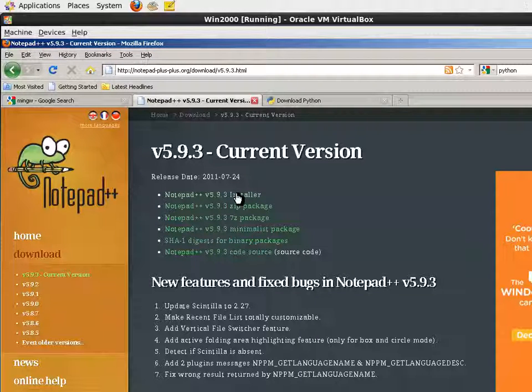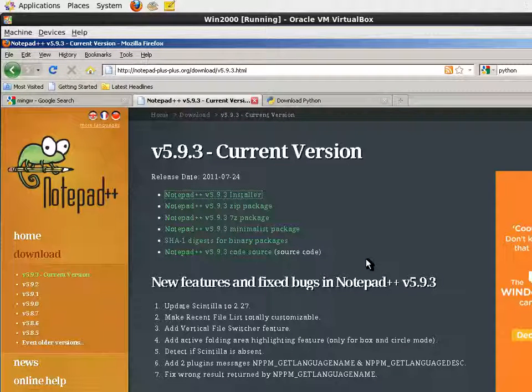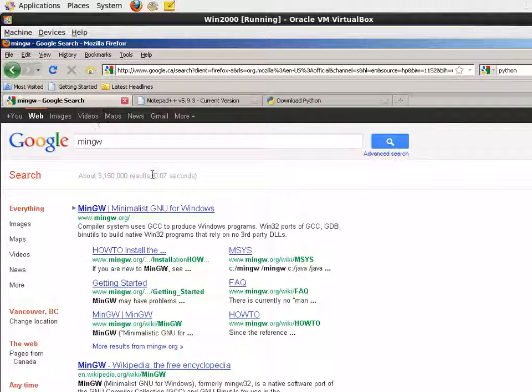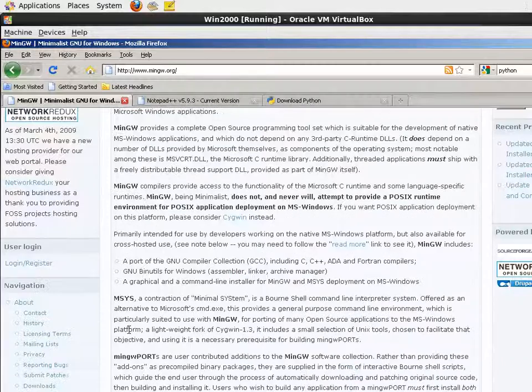Notepad++ installer. Let's click that. Let's save that file. And that's downloading as well. And while that's going, let's come over here to Google again, and let's type in MinGW, Minimalist GNU for Windows. You need a terminal. And let's click on that, and we'll come down here to downloads,